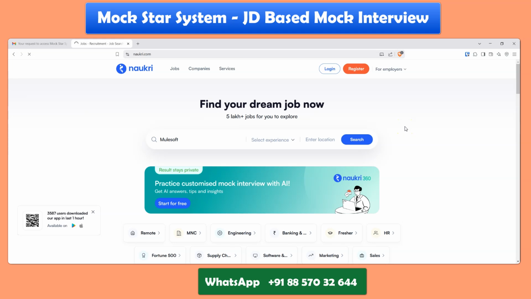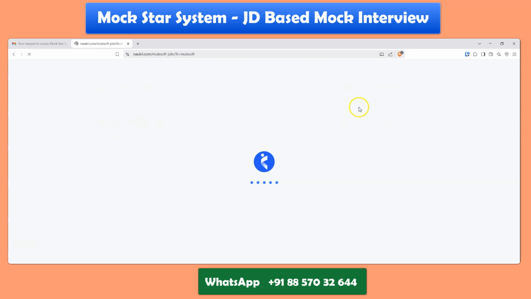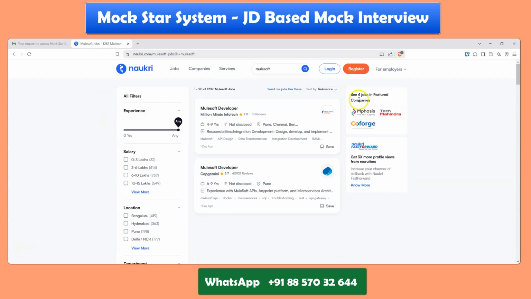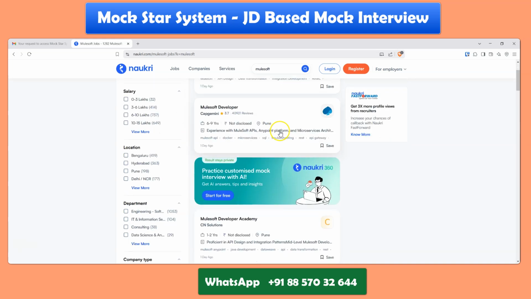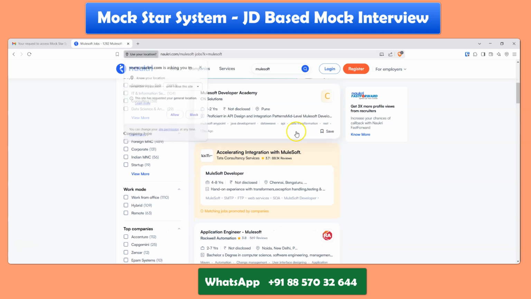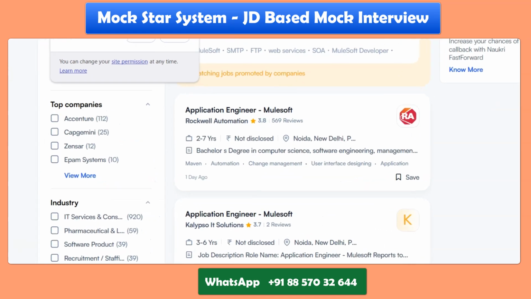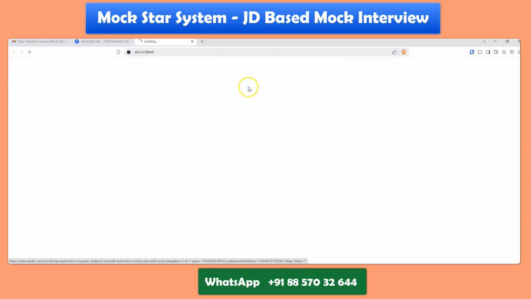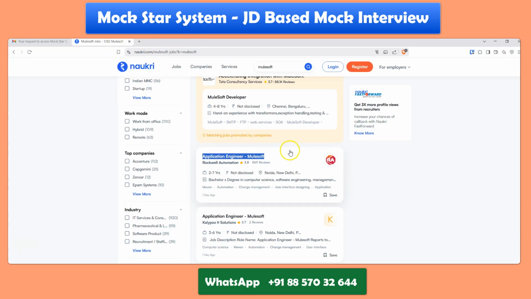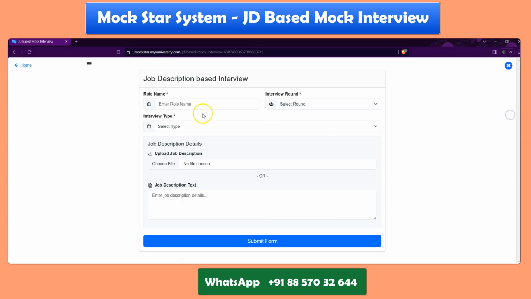I'm just searching the position, maybe for a couple of years experience. What is the position? Let me find it out. So you can see that I have, let's say, 2+ years of experience in MuleSoft. So I'm just finding out the position for that. So let's say application engineer, this one, application engineer, MuleSoft. This is the designation actually. This is the position. Sorry, let me just copy that and let me come to the system, and here I'll